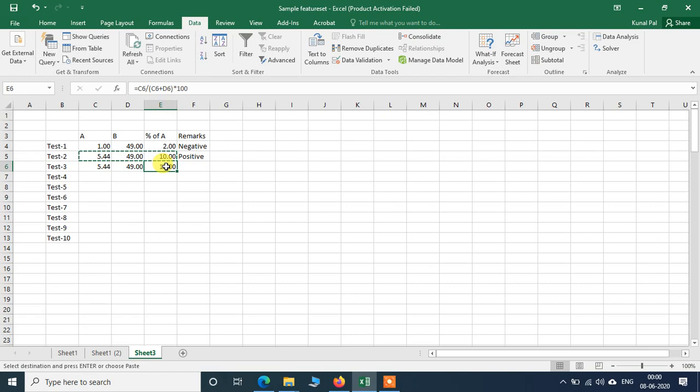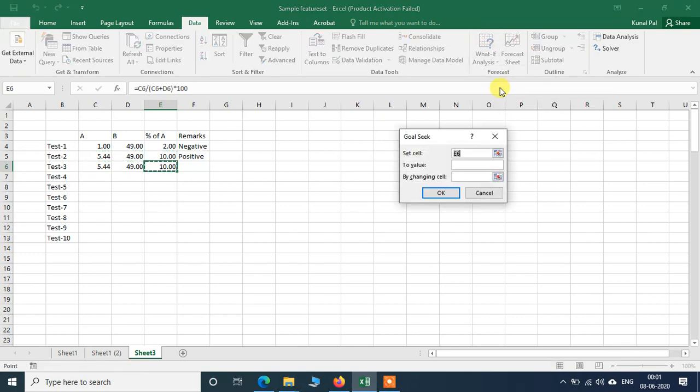So then again we will go to what if, goal seek. E6 to value, I want to convert it to 5. Now by changing cells, we have already added a higher amount. We have already gone to 10%.